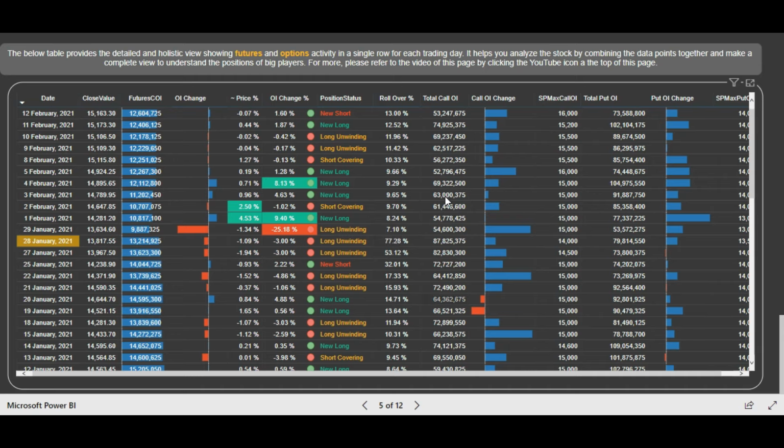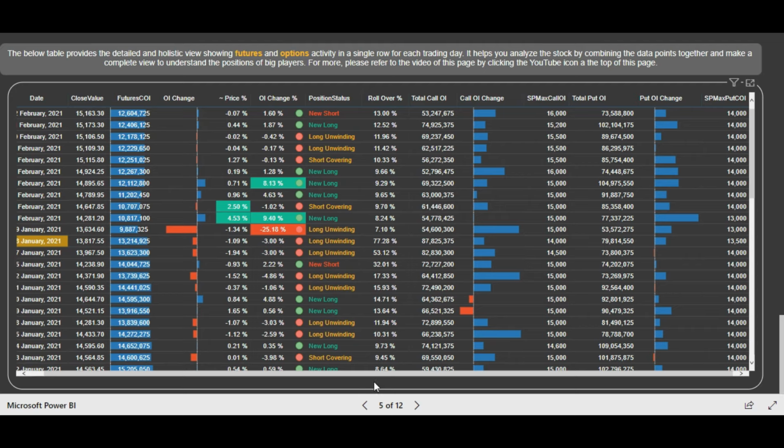Then what is the total call open interest and what is the change in call OI on the last trading day. So on every row you can see how the call OI is changing, combining all the strike prices, and similarly the put OI change. So in this one row you get the whole 360-degree view of what is happening in that particular security or index or particular stock. So this table is also present in the stock analysis page for that particular stock.